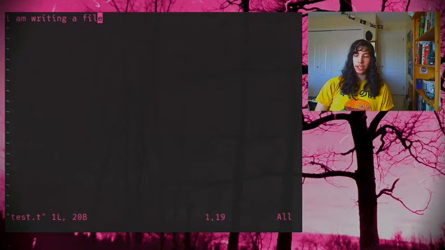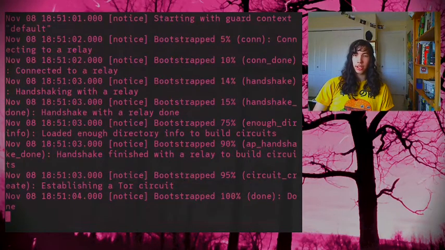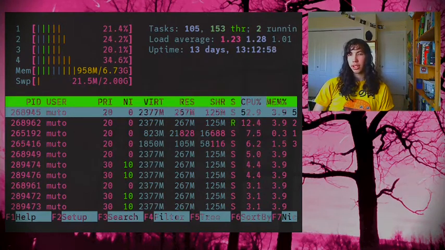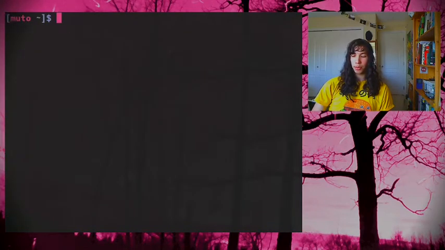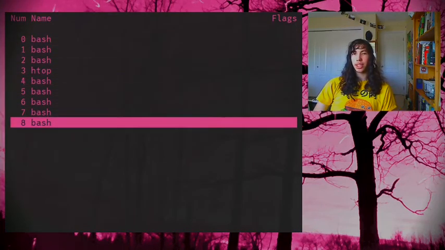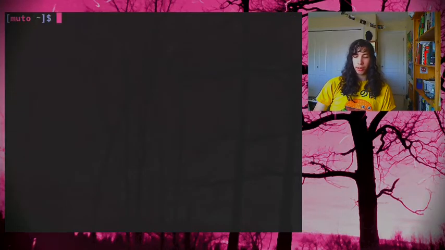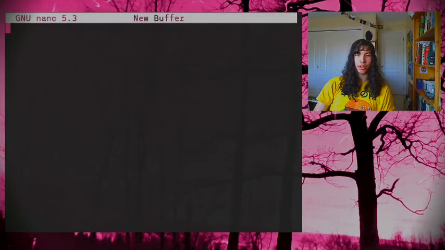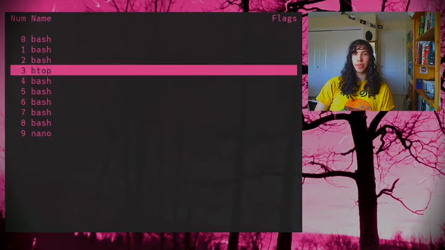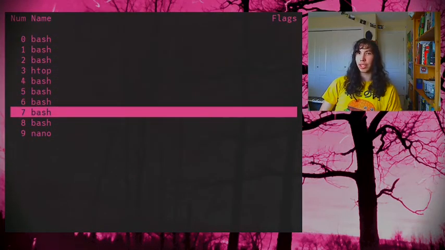So it's nice to be able to just switch between programs like this, but sometimes you'll have a lot of programs opened. So you might have, just for example, let me open up a few windows, and then all of a sudden it gets a little bit difficult to manage. One thing that's kind of sad about Screen is it doesn't automatically rename programs, but I can go Screen, say Screen Nano, and then it will show up as Nano here, so that's kind of nice. But yeah, overall, even if these are all named, it's going to be difficult to organize these,